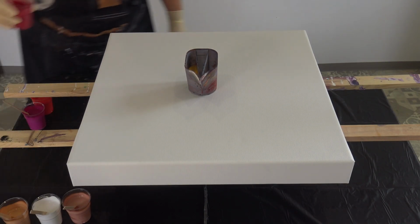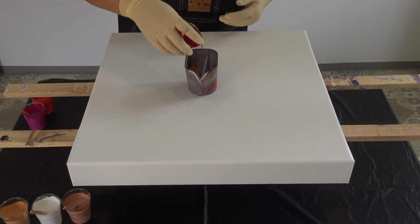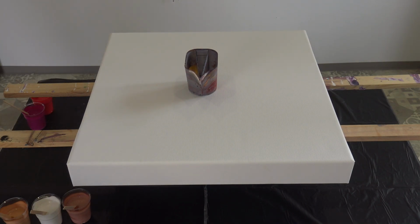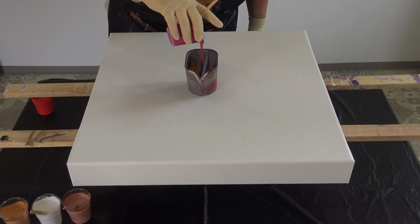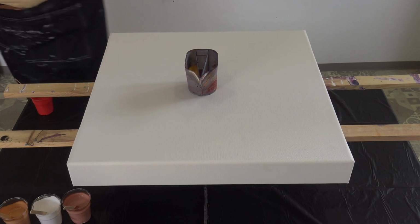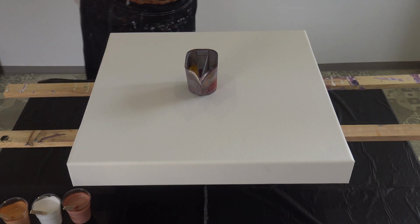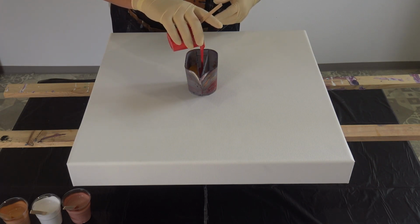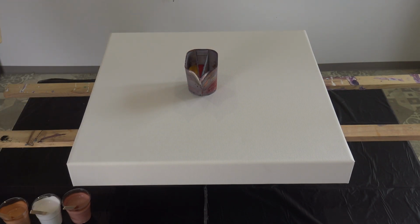On the second one I have Amsterdam carmine deep and Winsor & Newton permanent magenta, and some vermilion hue by Artist Colors. Okay, and in the last chamber I have